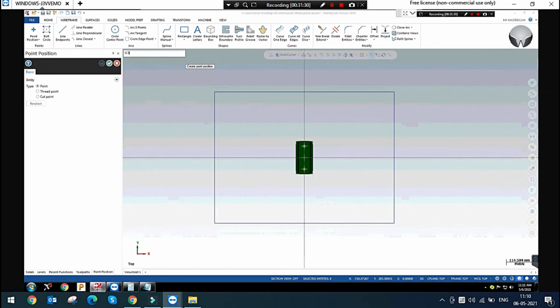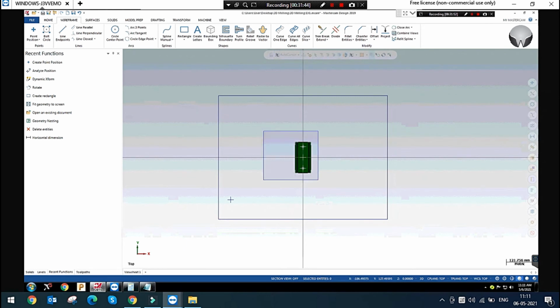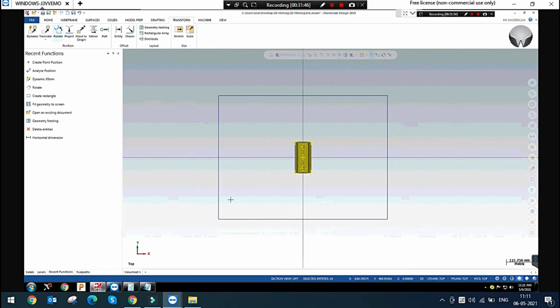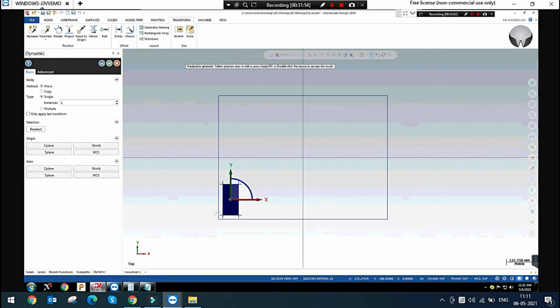X minus 342.5 comma y minus 205 comma z 0. Now I am moving this component using transform dynamic. I am defining the center and moving this component to this point, right?